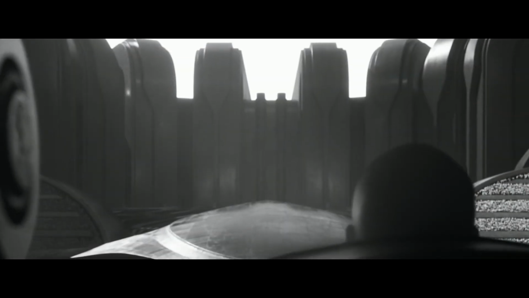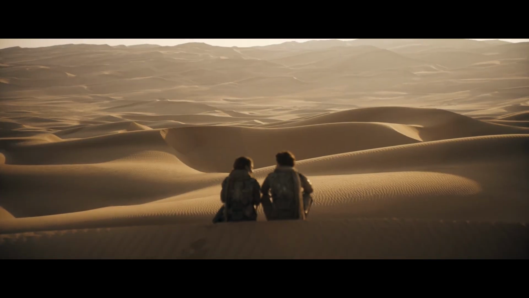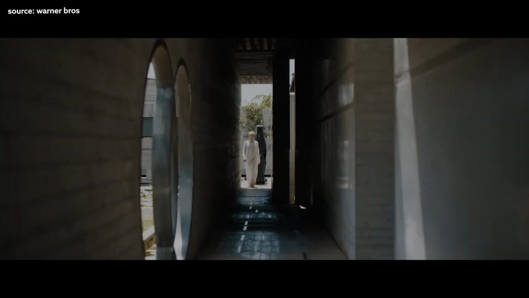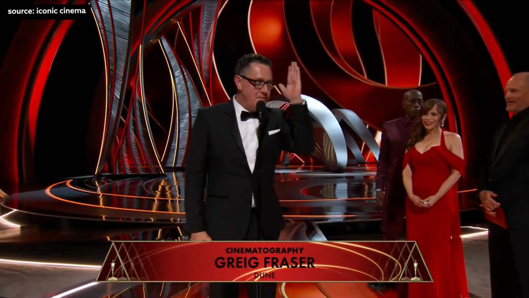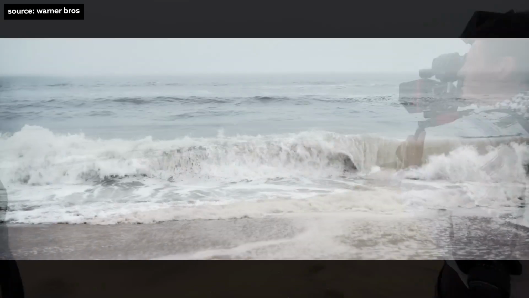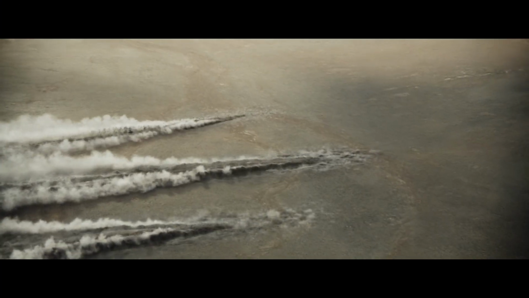What Dune accomplishes in cinematography is an astronomical achievement. Every frame is uncluttered, uncrowded, and devoid of unnecessary noise. Greg Fraser, the mastermind responsible for this visual marvel, brings the same unparalleled expertise from his Oscar-winning work on the first installment. Fraser's approach to crafting the world of Dune is rooted in quiet minimalism, focusing on three key characteristics: